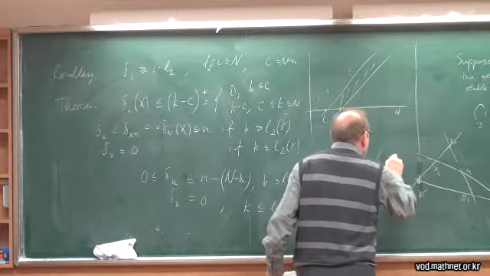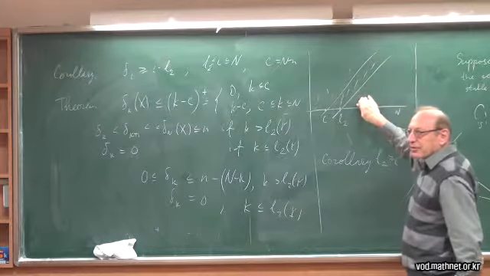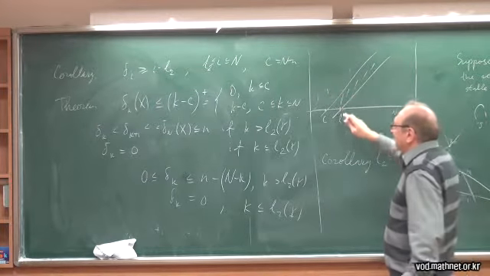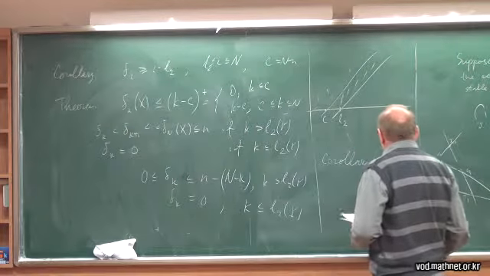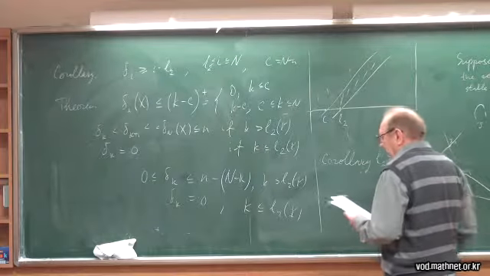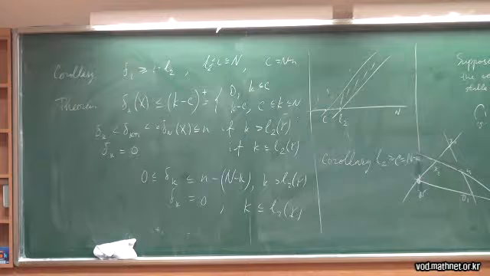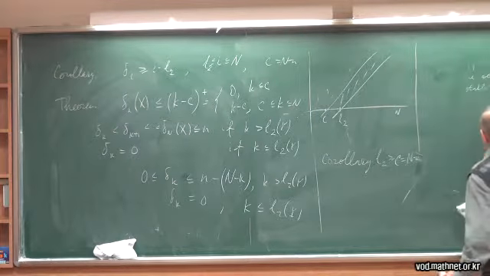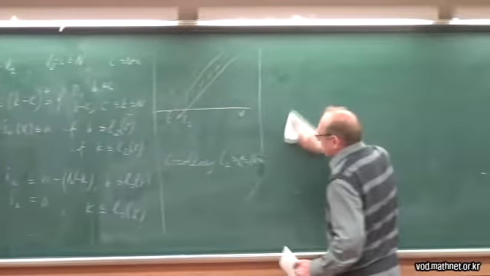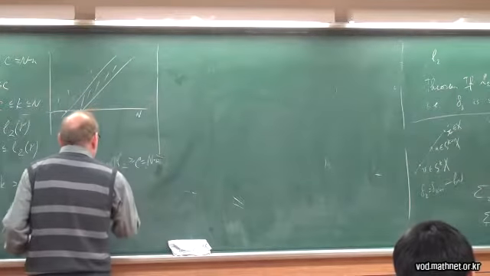First, L2 satisfies this inequality, because otherwise this second line would be below, and we'll get a contradiction. This is the first point. Second point,